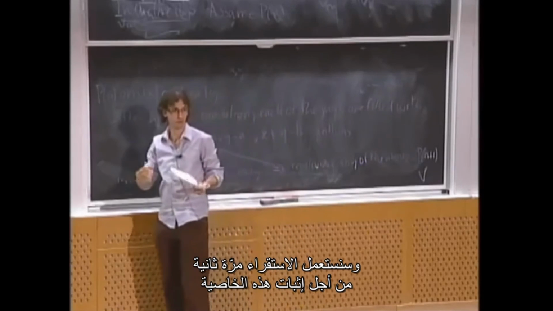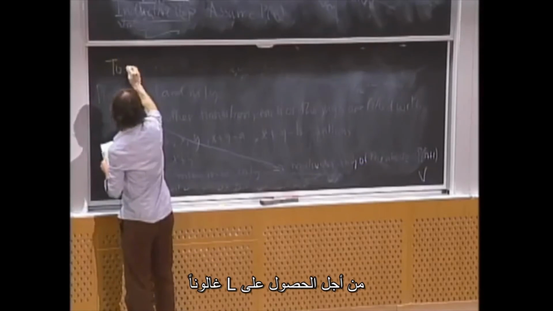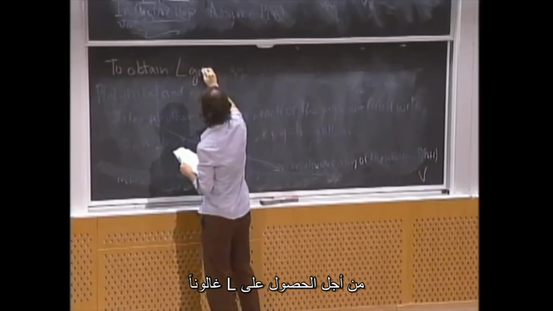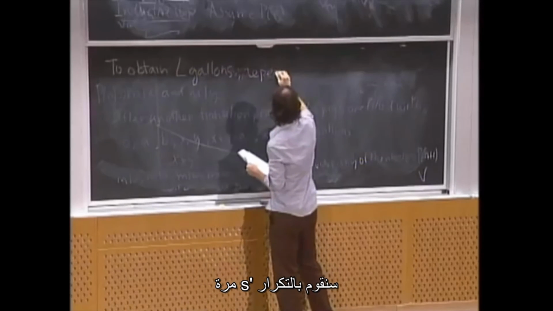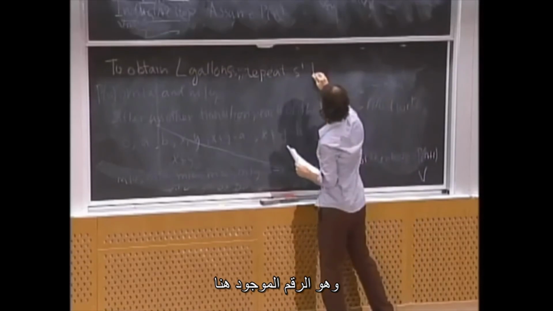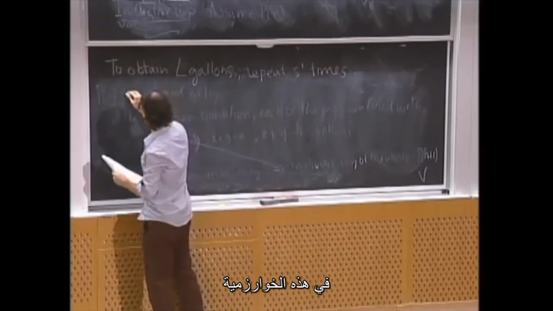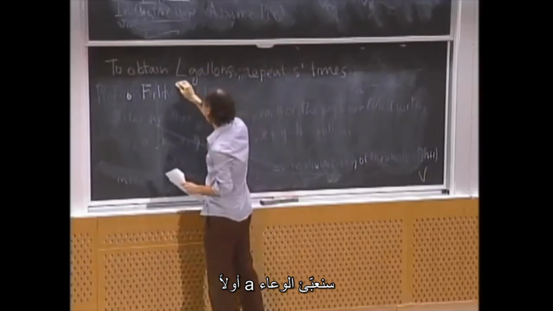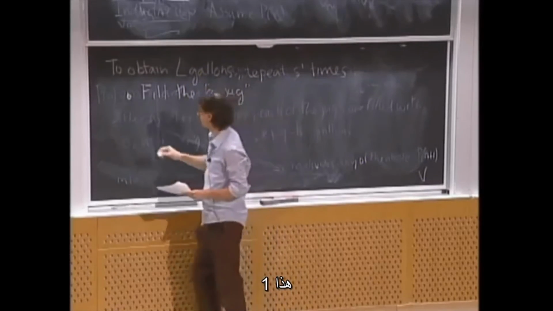And of course, we're going to use induction again to prove this property. Okay, so how does the algorithm work? Well, to obtain L gallons, we are going to repeat S prime times, which is the number that we have over here, the following algorithm. First of all, we will fill the A jug. That's one. After we